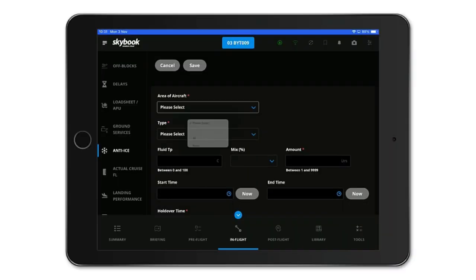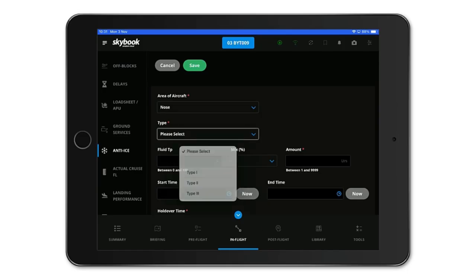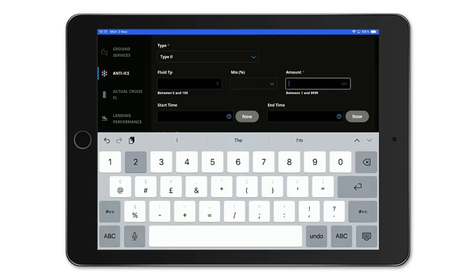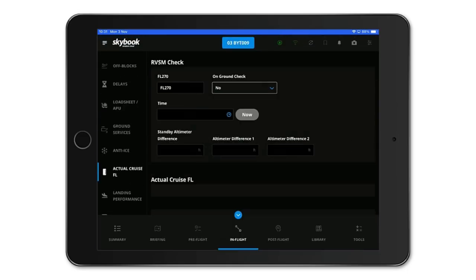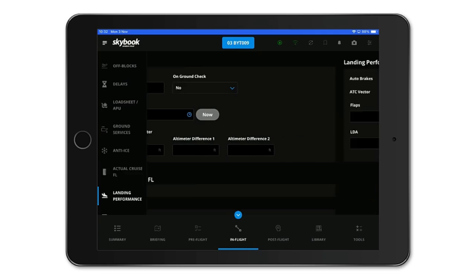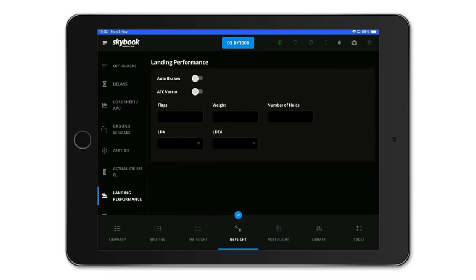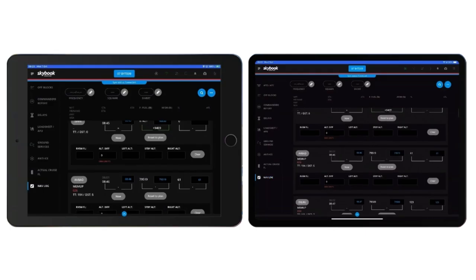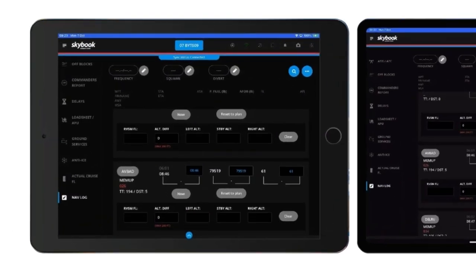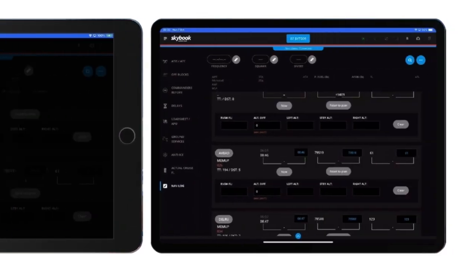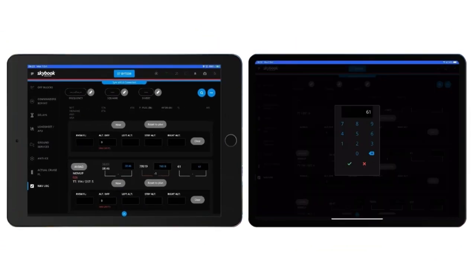There's also an anti-ice section with the option to include receipts, plus dedicated fields for RVSM checks and landing performance. Then we move to the navigation log. One of our standout features, the nav log enables real-time waypoint syncing across all devices, ensuring timings remain consistent throughout